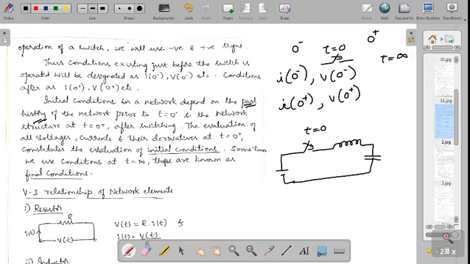At that value, these are known as final conditions. At this condition the steady state would have been attained. So t equals infinity is nothing but the final condition. And at these instances, at t equals 0 minus, at t equals 0 plus, and the past history, all these will be considered while solving the initial conditions.